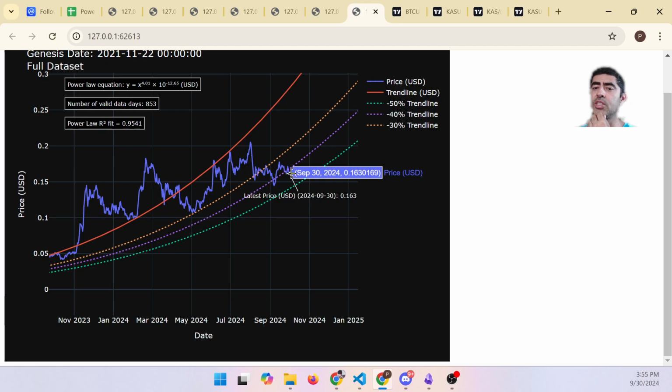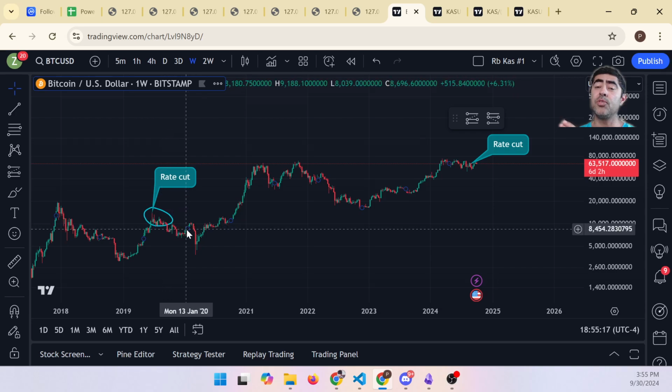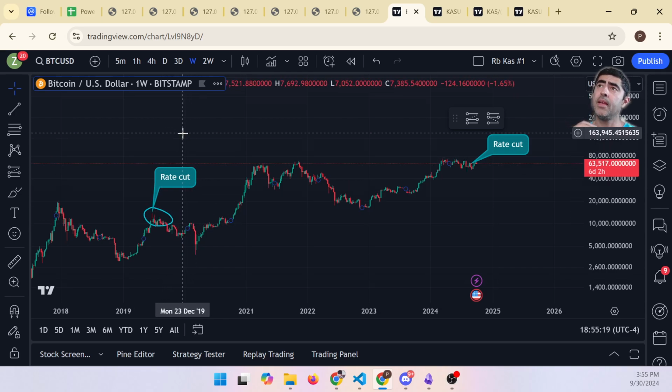My expectation is that what happens in Bitcoin is really going to determine what impacts the rest of the market. We've had the rate cut from the Fed. But last time, in 2019, when we had the rate cut, the price of Bitcoin dropped down considerably. And just because we've had the rate cut doesn't mean that altcoin season has started as yet. What did change the direction in 2019 is when the Fed started quantitatively easing, right? And so right now they're still in quantitative tightening mode.